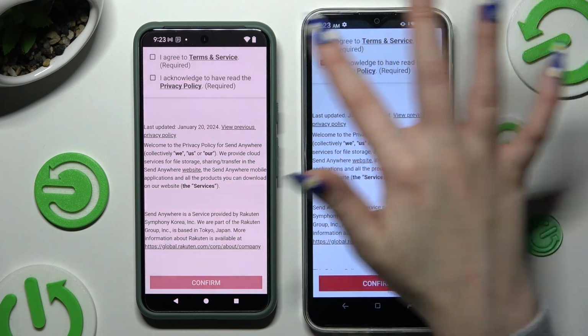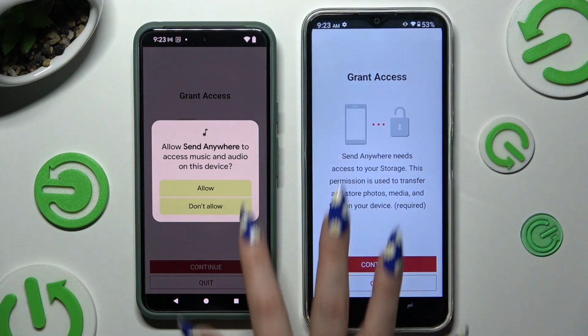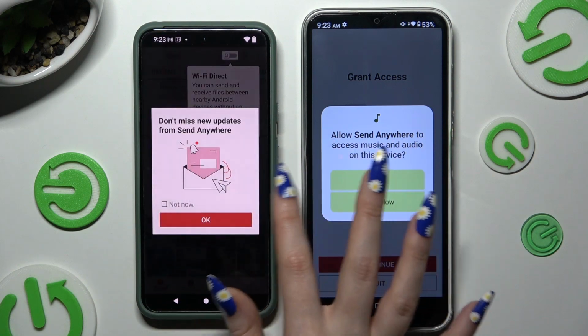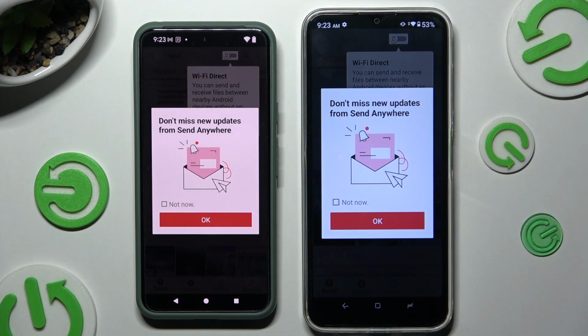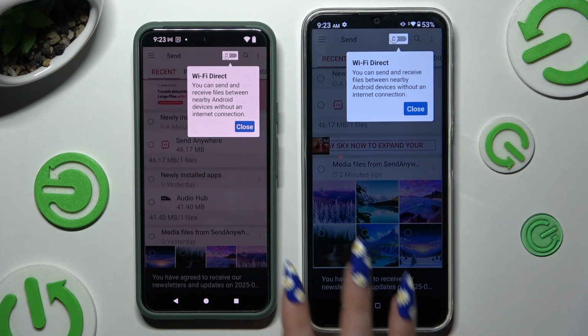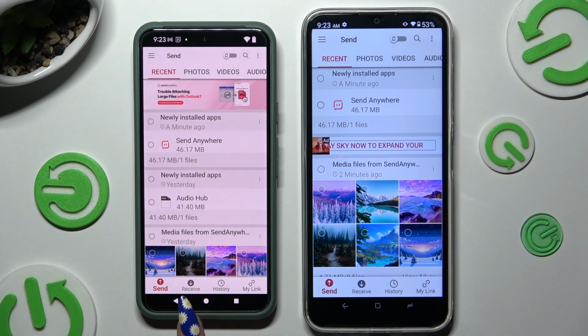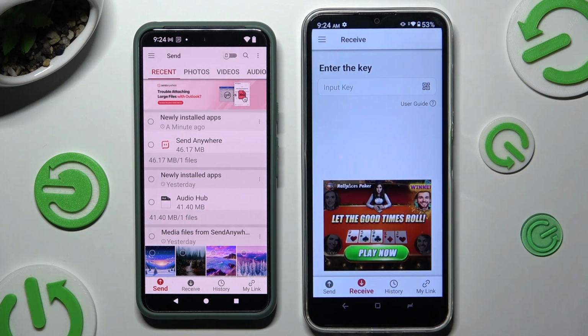I agree and I acknowledge. Confirm, continue and allow. In this window about new updates, choose whatever you want to and hit your device's displays. Now select Send at the bottom left corner of an Android and Receive right next to Send at the bottom